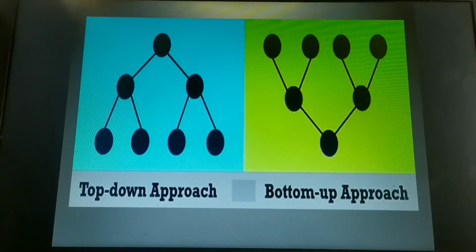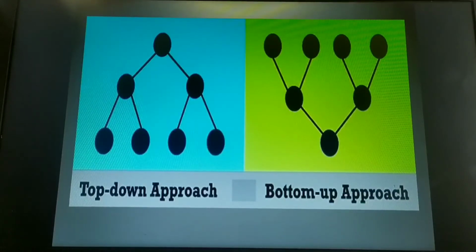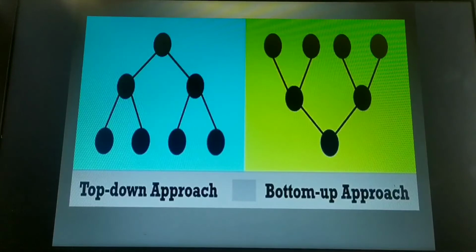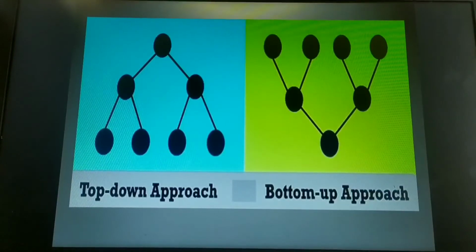Understood? If the bottom-up approach is very popular, why? Because modifications are easy. Right now the user may ask for only 2 operations. Again, if I want 2 more operations added, that means my program should also perform logical operations as well as relational operations. Then I write separate code for the logical operations and separate code for the relational operations, combine those two, and link them to my main program.